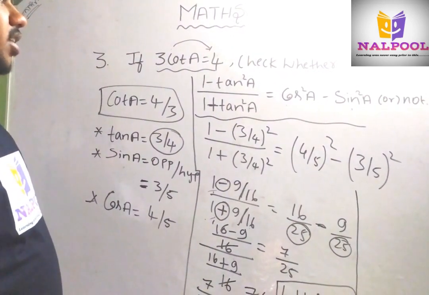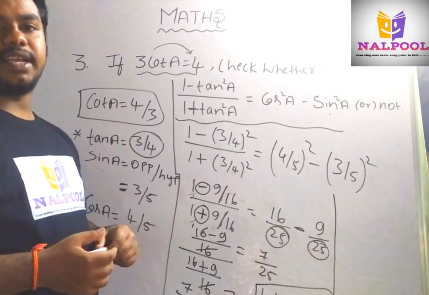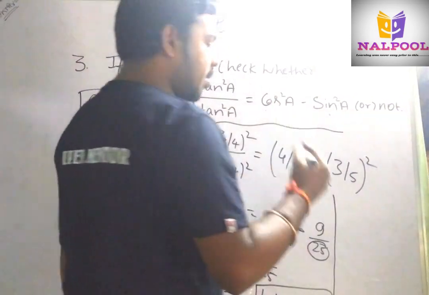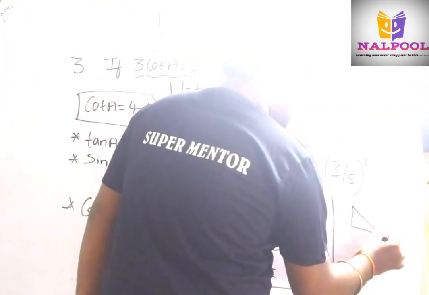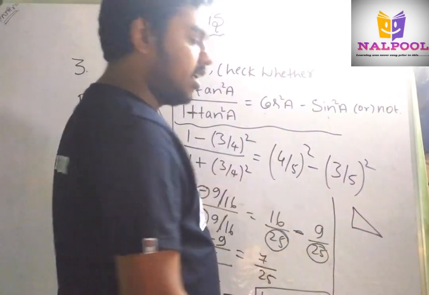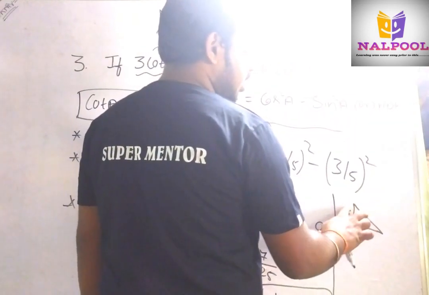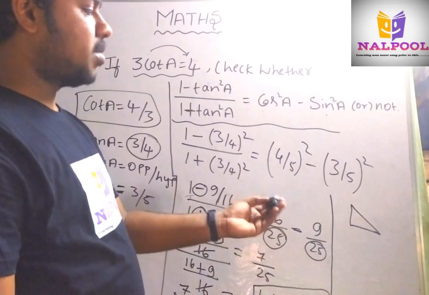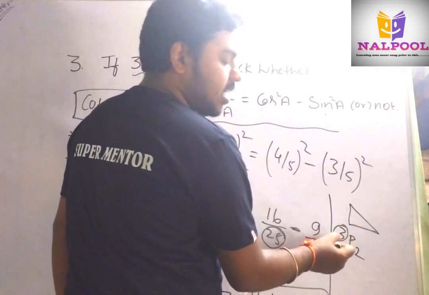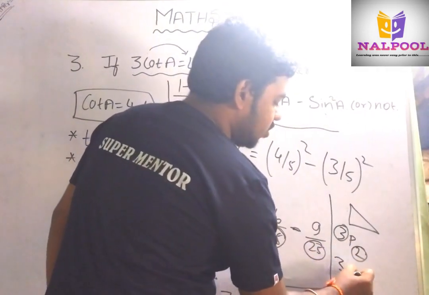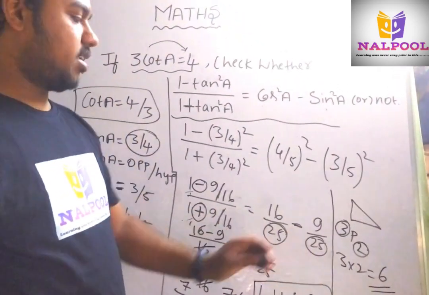Okay, thank you. In the previous video I asked one question. Why do we have only 6 trigonometric ratios? Why can't there be 7, or 8, or multiple ratios? Because, friends, in a triangle we define ratios for a right angle triangle. In a triangle, how many sides do we have? Only 3 sides. If you apply permutation, how much will it become? 3P2, 3 sides taking 2 at a time. It will become 3 into 2, which is 6. Therefore we have only 6 trigonometric ratios.